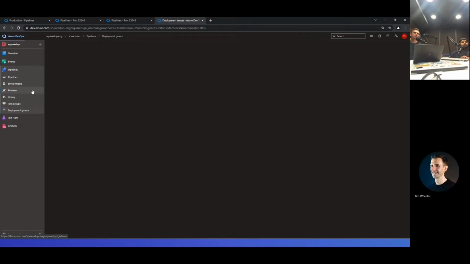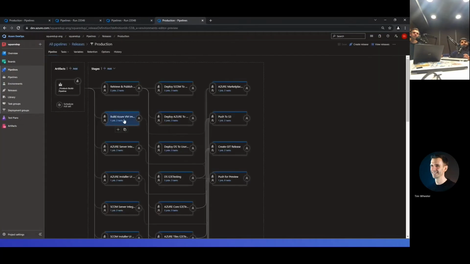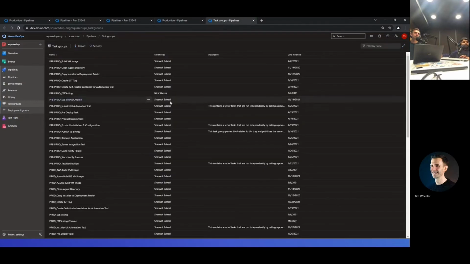Apart from that, going back to the release itself, we also have these release stages. They consist of task groups. The reason that we use task groups is so that we don't have to use the same job over and over again. Just looking at example 1 here,